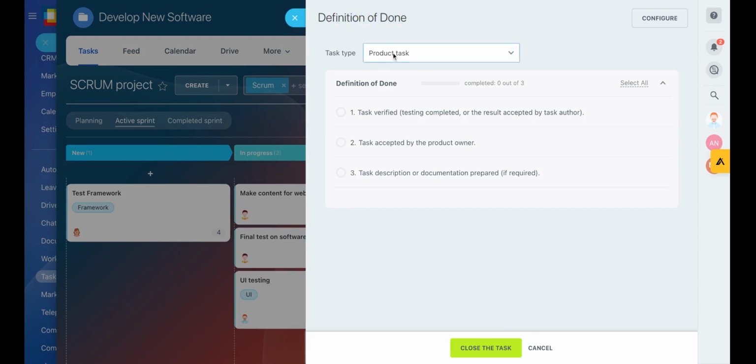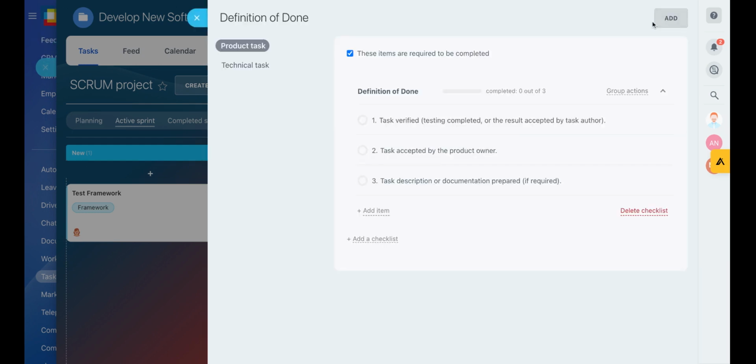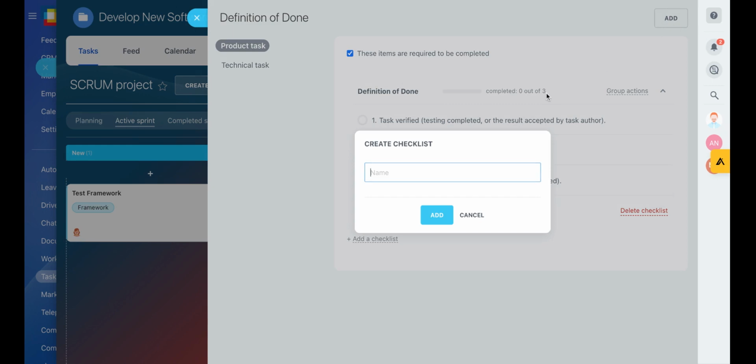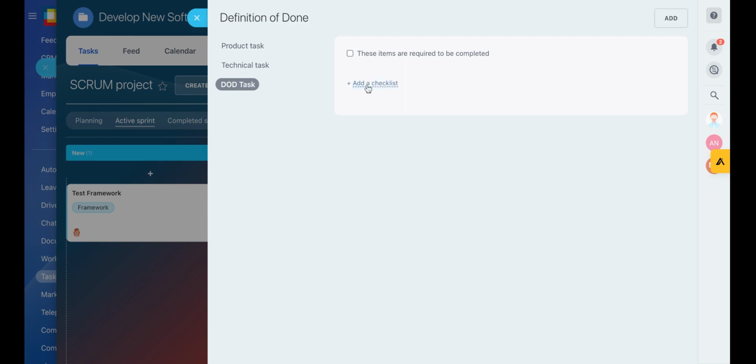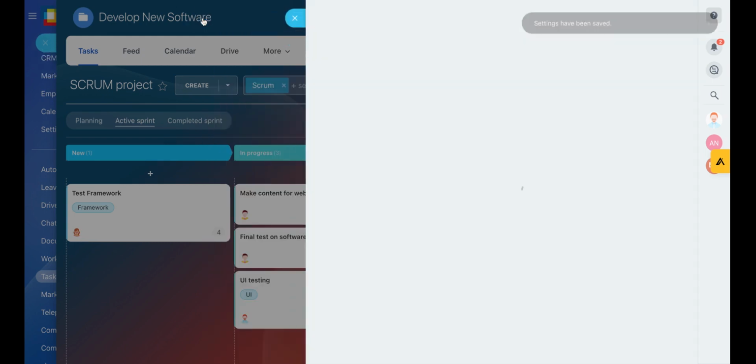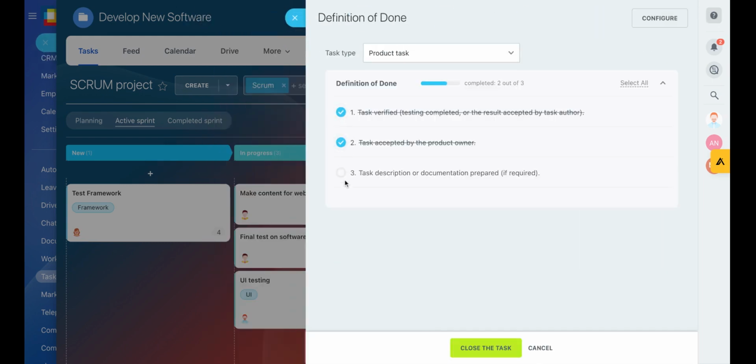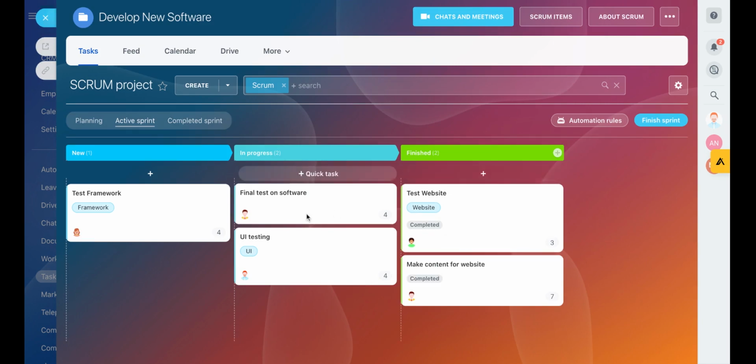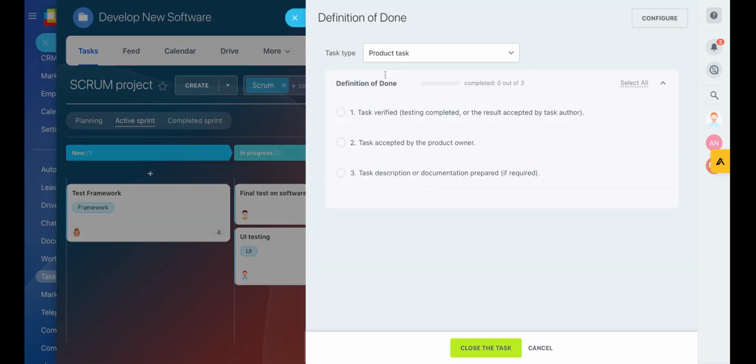So here is for a technical task, you can set up your own definition of done. This is essentially a checklist that the employee must go through to ensure the task is completed. You can configure this and add your own custom tasks if you want to. So we do a DoD task, as you can see, another one, and then you can just add on to the checklist to make your own custom definition of done checklist. So we complete all those, close the task, and as we progress these, and then select done on the definition of done,